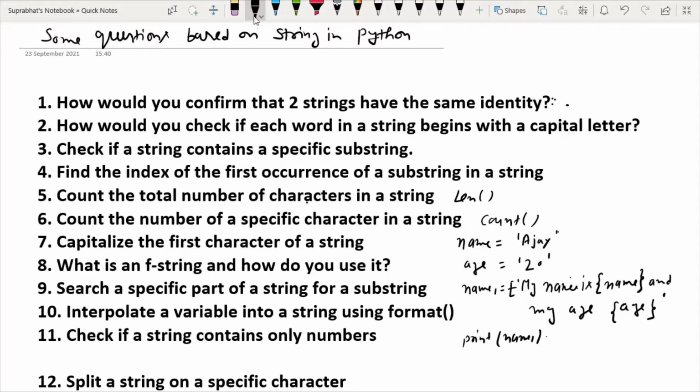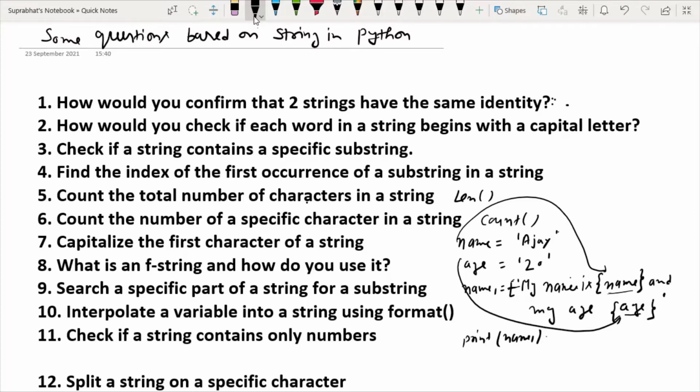It will set the format of this particular string, that is F format. F is used for format. Then in single quote where I have used curly braces with a specific name, it will be replaced by those particular strings, so that name is replaced here and age is replaced here. This is the special use of F. This is the question, what is F string? F string is used to format a string in a specific way.